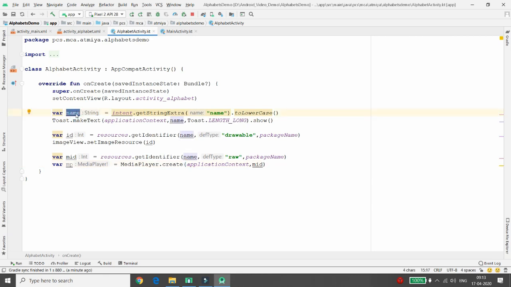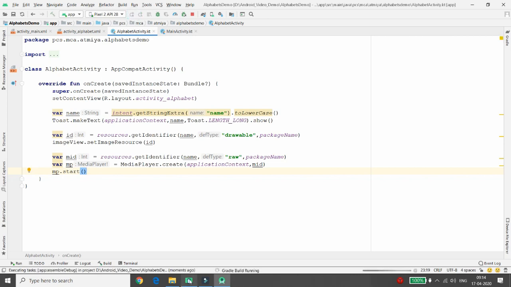My name variable will contain the small a. In the drawable folder, small a has the image that will be available in my image view. In the raw folder, small a has the media player ID that is bound with my media player. Now simply, you can just call mp.start and your media player will play.